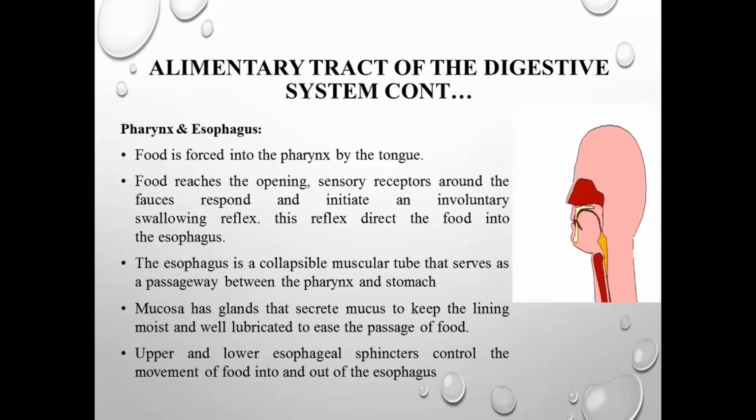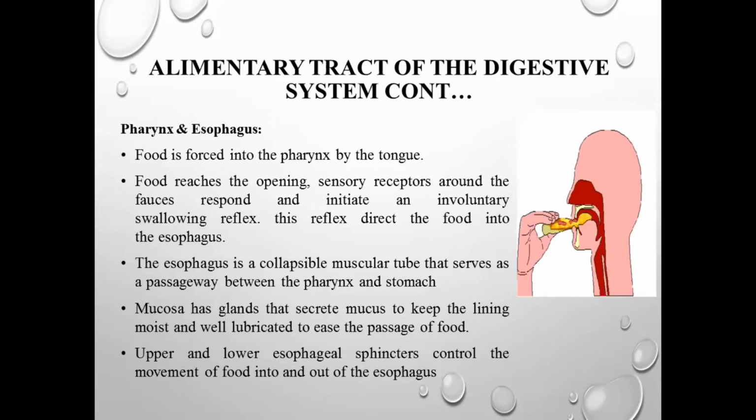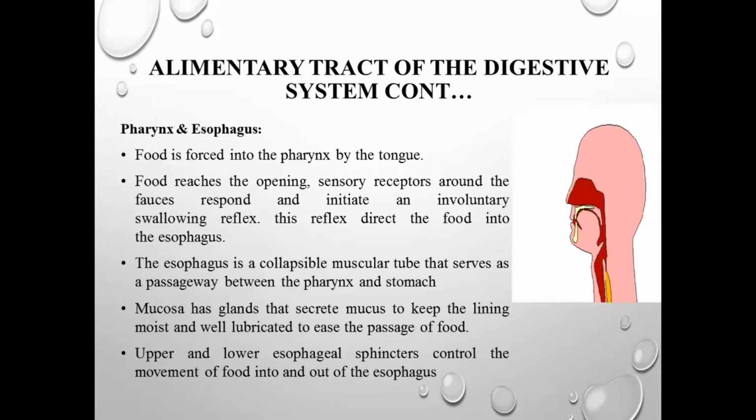In other words, we can say it's a flexible pipe, which easily helps in swallowing the food particle. And the inner layer of the esophagus will be lined by a mucus gland, which is going to secrete a semi-fluid-like substance, which we call mucus, which helps in the swallowing of the food without any friction. So the main purpose of this mucus is the lubrication of the food passage. So the mucosa has the gland that secretes the mucus to keep the lining moist and lubricant to ease the